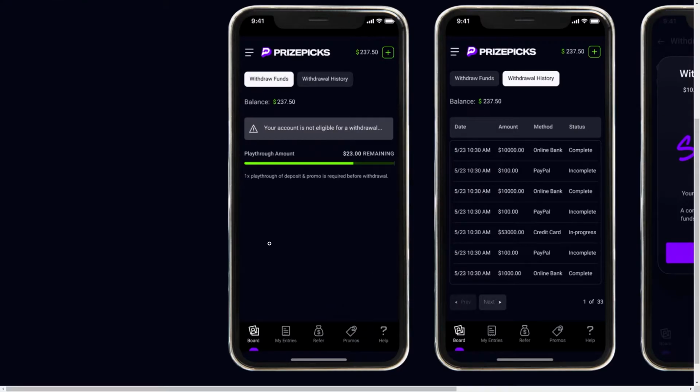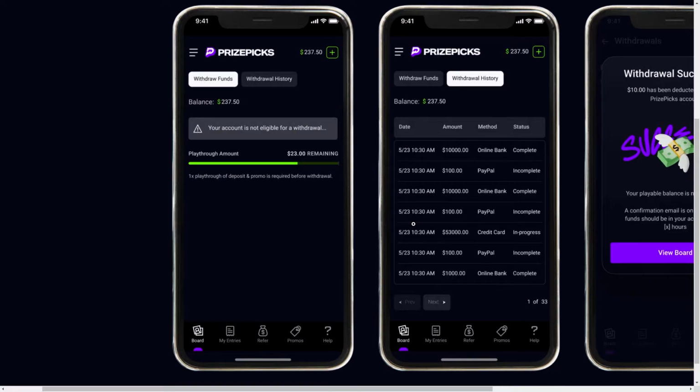Now when you click that button, you'll see a page like this, and as long as you actually go through the playthrough amount, you'll then have the option to withdraw your funds. And since we're trying to withdraw money to Cash App, we have two options. We can either choose to withdraw it to an online bank, or we can choose to withdraw it to a debit card. And if you choose an online bank, that means that you can simply put in your Cash App bank details,